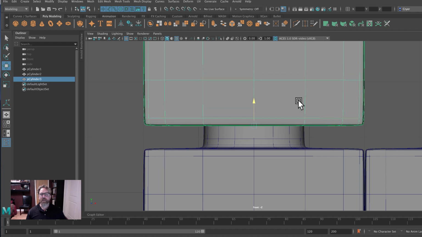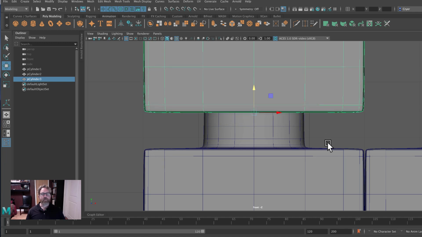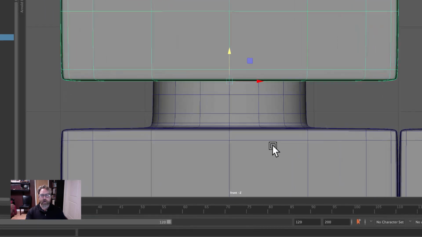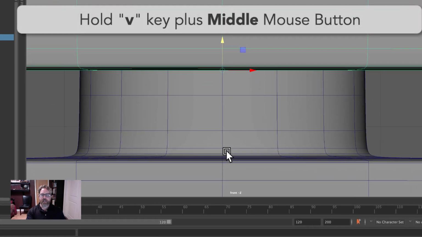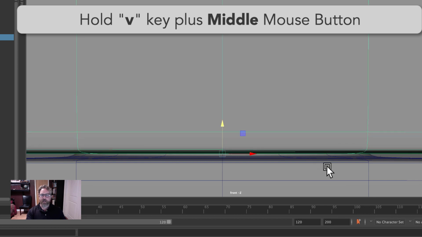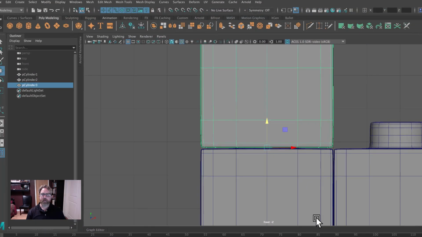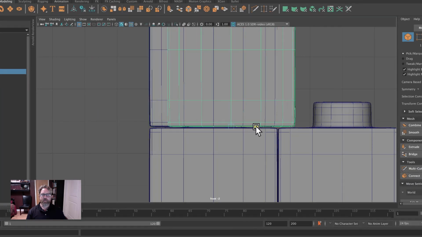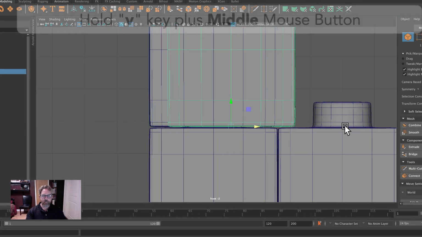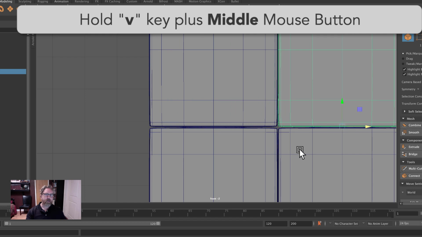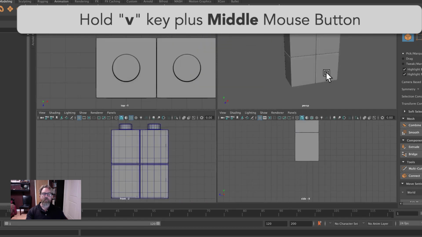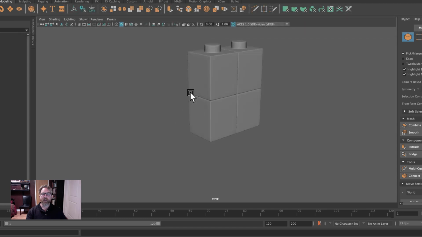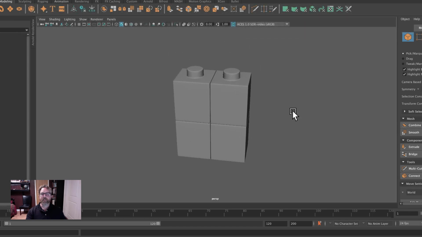And we're going to limit ourselves on the Y. So this is another example of when we want to use the constraint. We want to constrain ourselves on the Y, get in there real tight, and then with the V key, V for vertex or point, I'll middle mouse button, snap that down, and that's about where we would want it. I'll duplicate this one, Edit, Duplicate, and let's move this over. We can also V snap this one over into position, and we can begin to develop bricks that fit together